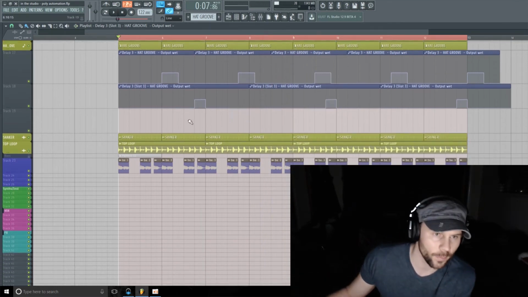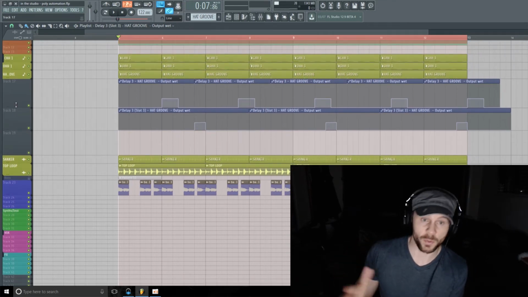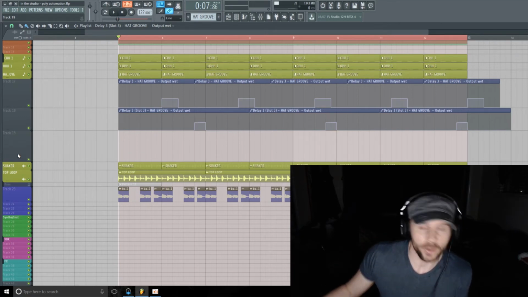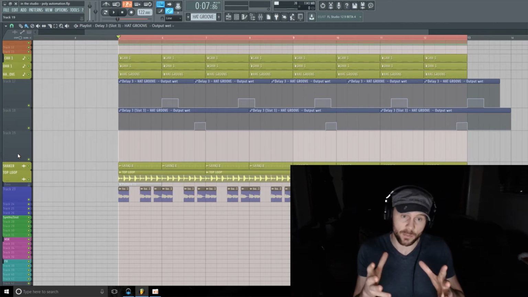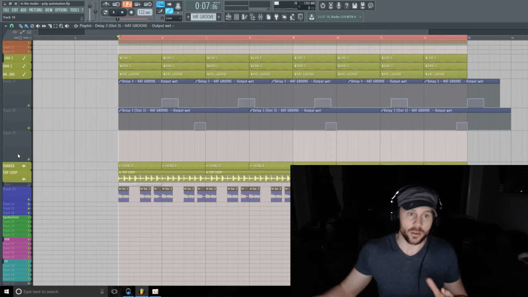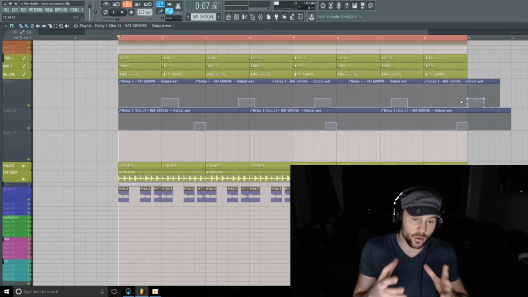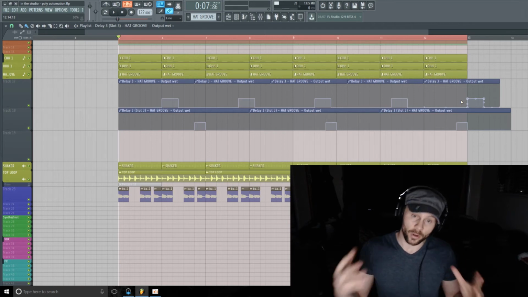Yeah, that could work. For the example, this is something that's definitely worth experimenting with. There's so many things that you can do here, but just using different length or odd shaped loops or regions for your automation clips, you can see that it's not hitting at the same spot in the bar. It's going to be moving around, and then it's going to be a little bit more unpredictable and a little bit more interesting to the listener over a longer period of time,